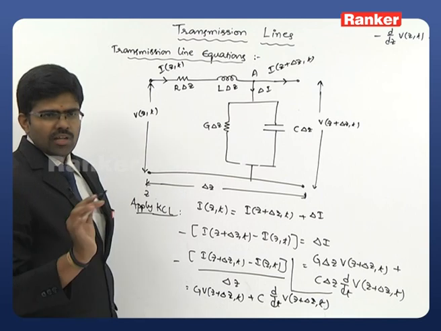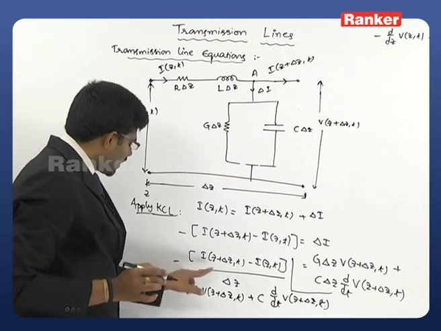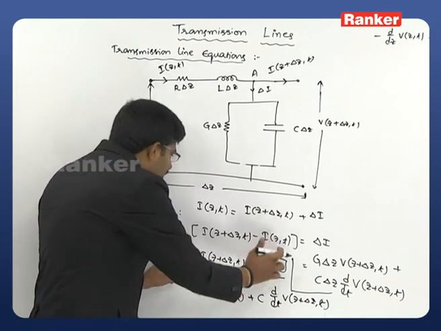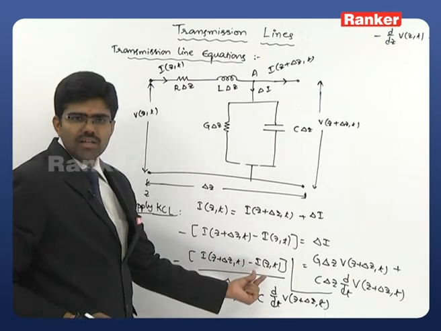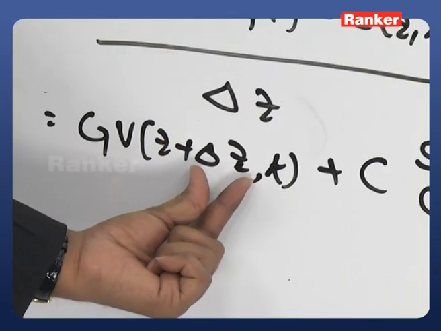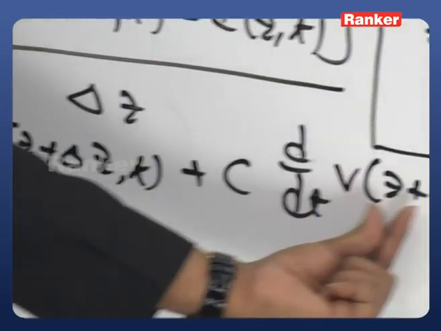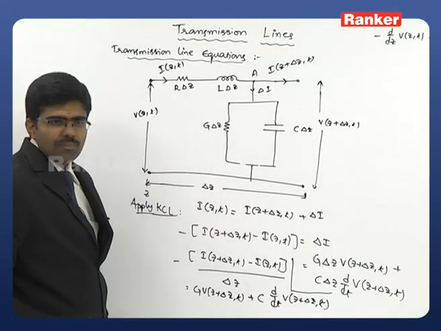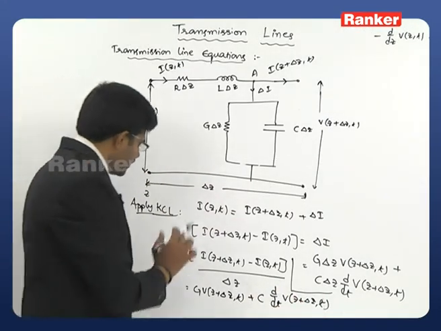Now once again similar analysis, apply delta z tends to 0 on both sides. If you apply delta z tends to 0 on both sides, this entire term is the differential form of this current, and in this term, as delta z tends to 0, this will become 0, this will become 0, so only V of z comma t remains for us. Here also V of z comma t remains for us. So how will this equation be modified? Just observe,